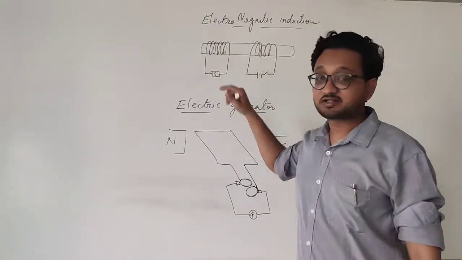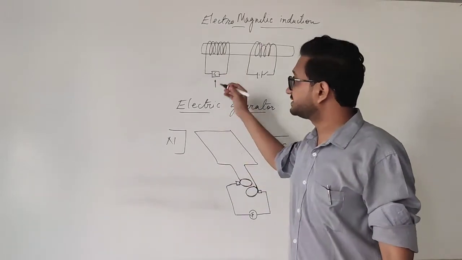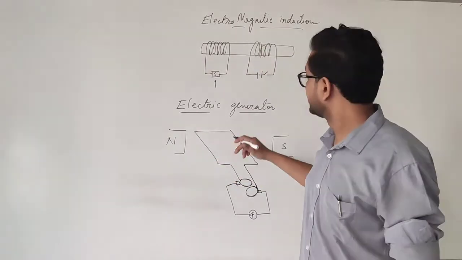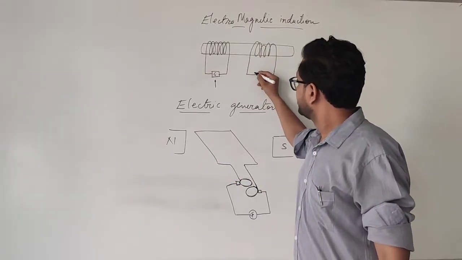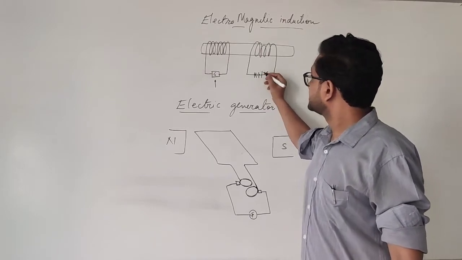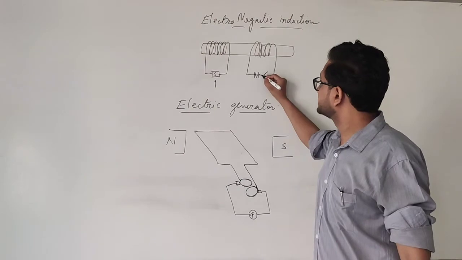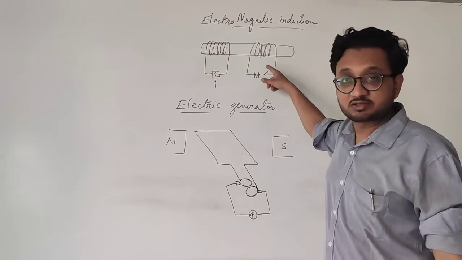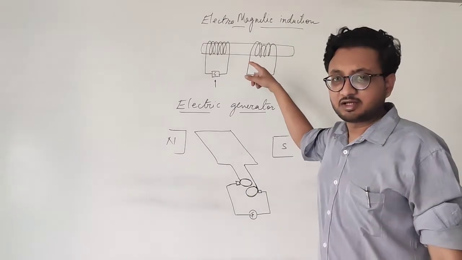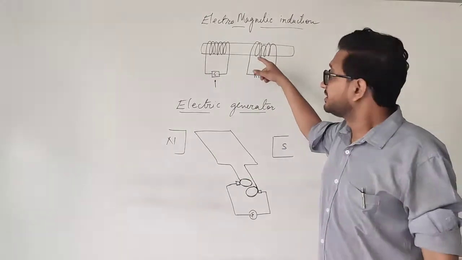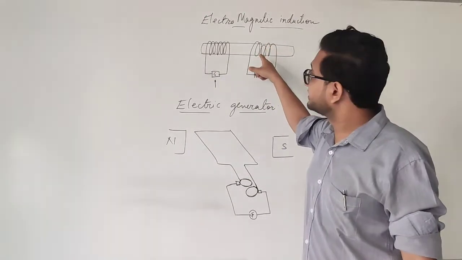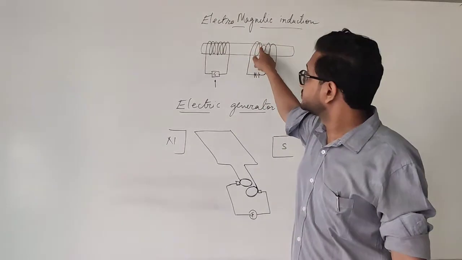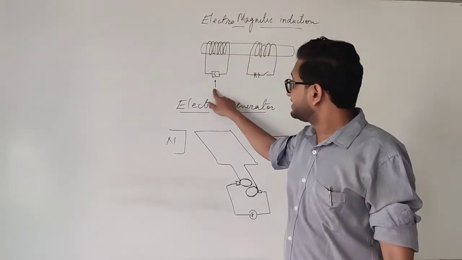In coil 1 we have connected a galvanometer, which has a needle in the center, and on the other side we have the actual coil, that is our electromagnet, and we have a cell and a switch connected to it. Now as soon as I switch this on, the current starts flowing and it behaves like an electromagnet. When this behaves like a magnet, the field lines start moving out from one end of this coil, and as soon as they come in contact with the other coil, there is a deflection in the needle.